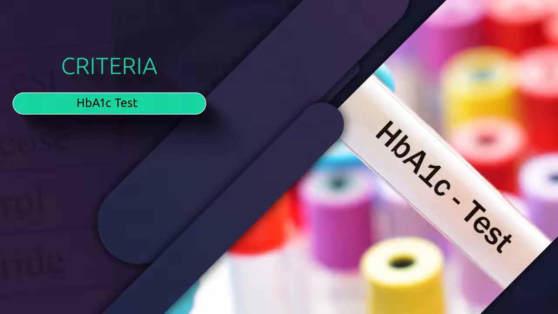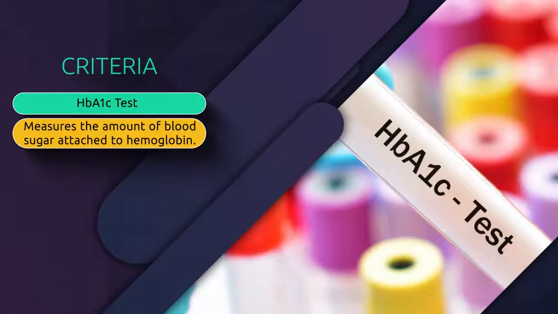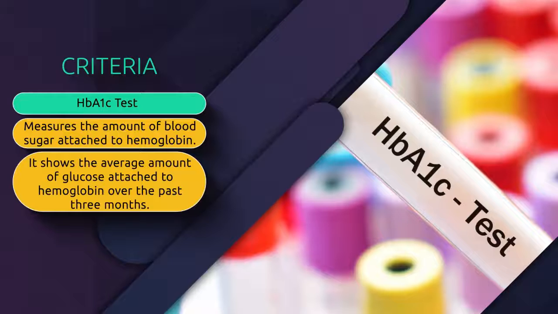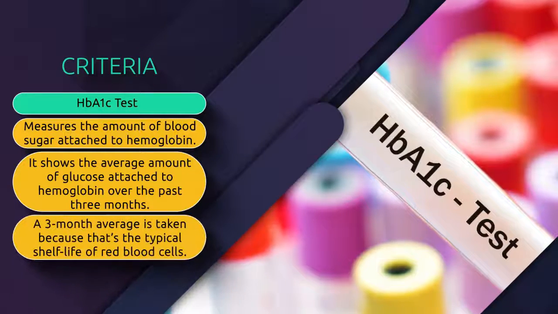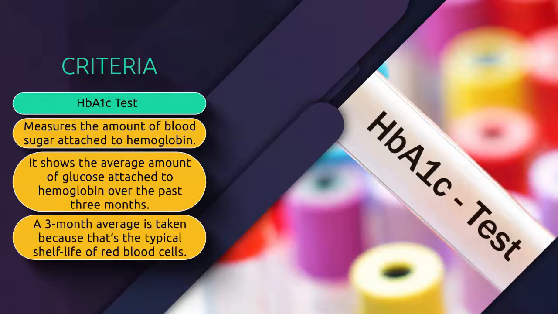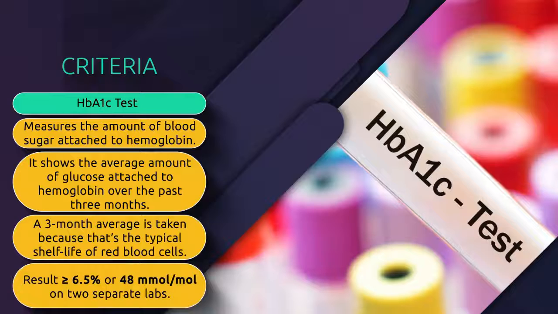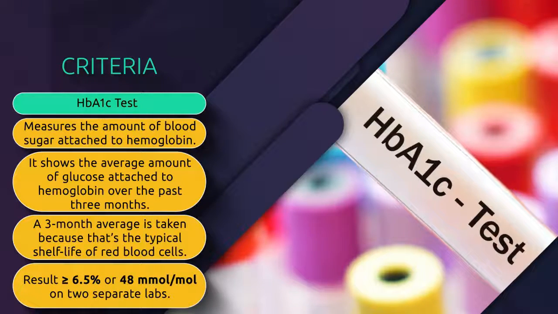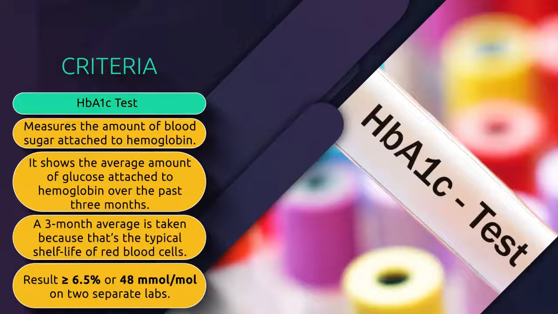The HbA1c test measures the amount of blood sugar attached to hemoglobin. This test shows the average amount of glucose attached to hemoglobin over the past 3 months. We take a 3-month average because that's the typical shelf life of red blood cells. The result is measured in millimole per mole, but can also be reflected in percentage. If the HbA1c result is greater than 48 millimole per mole, or 6.5% on 2 separate labs, the diagnosis of